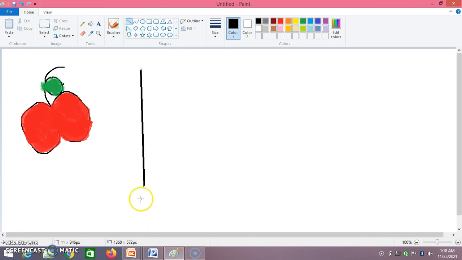Again go there, click on the line. Now like this, bring it properly, go to line, again go to line, then again go to line.